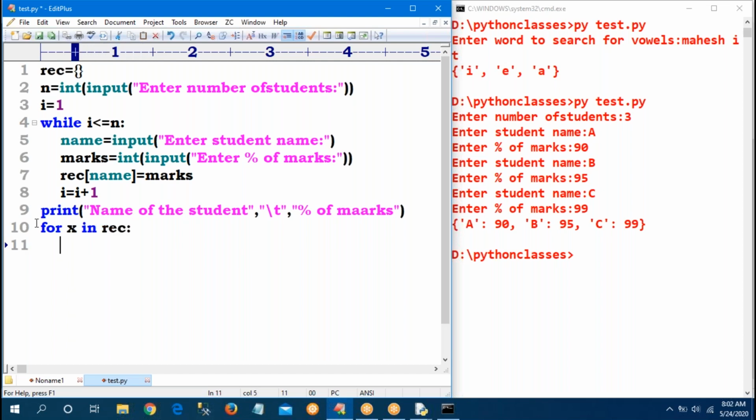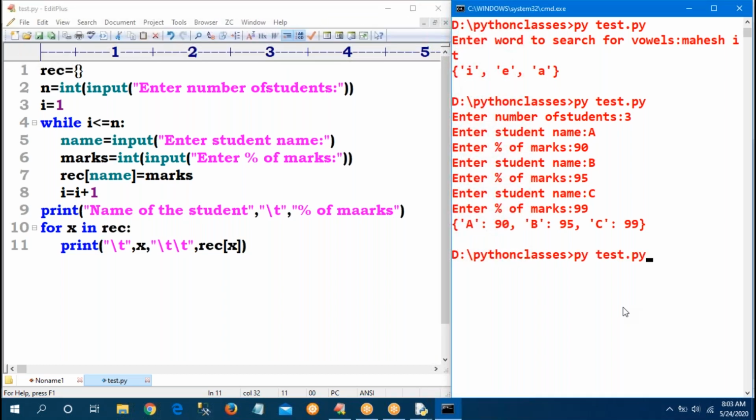Sir, for X in REC means first record. First record is nothing but 100. Sorry, 100 means A, key I will get. Print of X. First some tab space I want to provide. Slash t, X. X means key, sir. Corresponding value, how to get that? REC of X. REC of X means REC of the key.